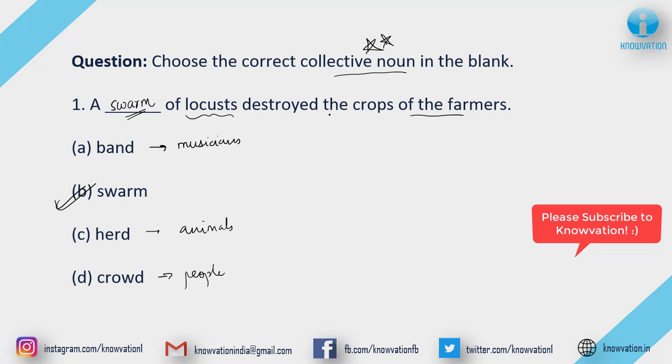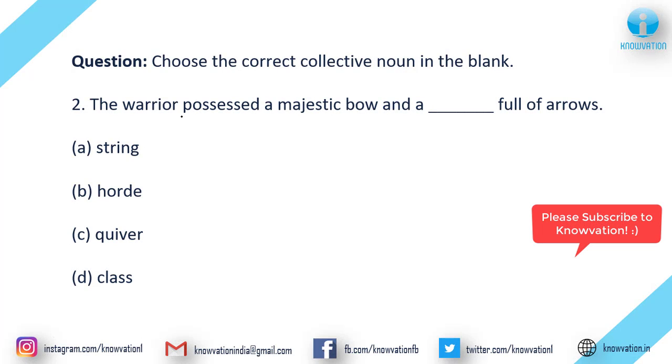Alright, moving ahead. Next is the warrior possessed a majestic bow and a dash full of arrows. So friends, whenever arrows is used, the collective noun which comes here is quiver. Alright, so here the correct answer is C. Let's see the other three options. First is string. So string is basically used with pearls